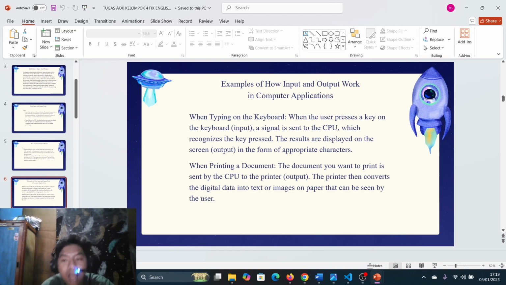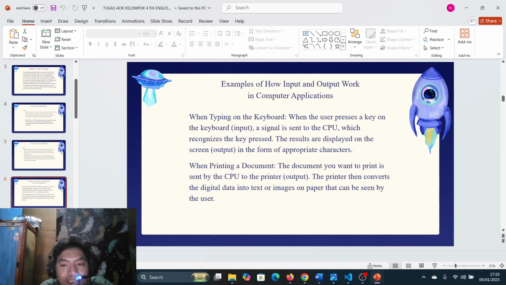Next, I will explain about an example of how input and output work in computer application. When typing on the keyboard, when the user presses a key on the keyboard, or input, a signal is sent to the CPU, which recognizes the key pressed.